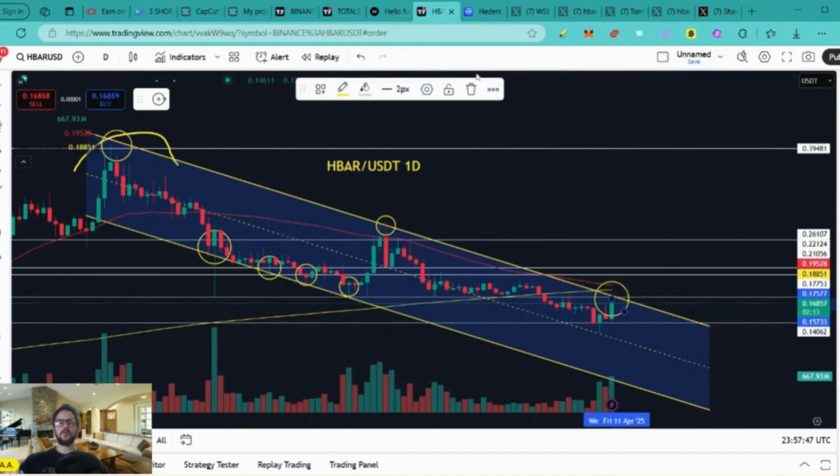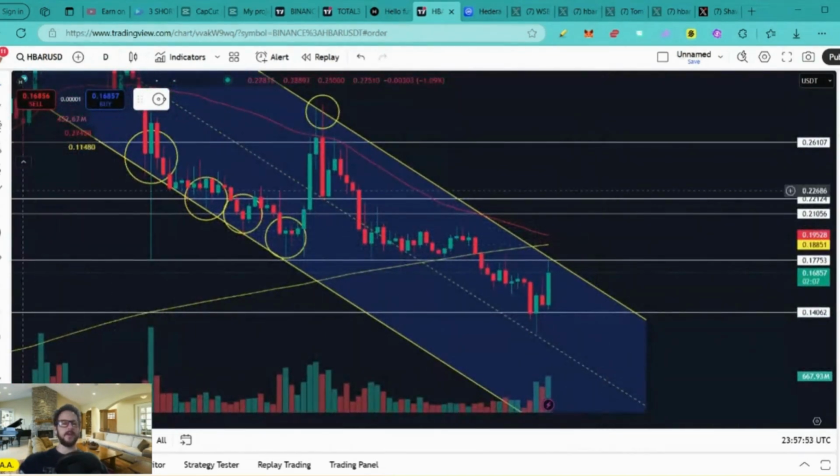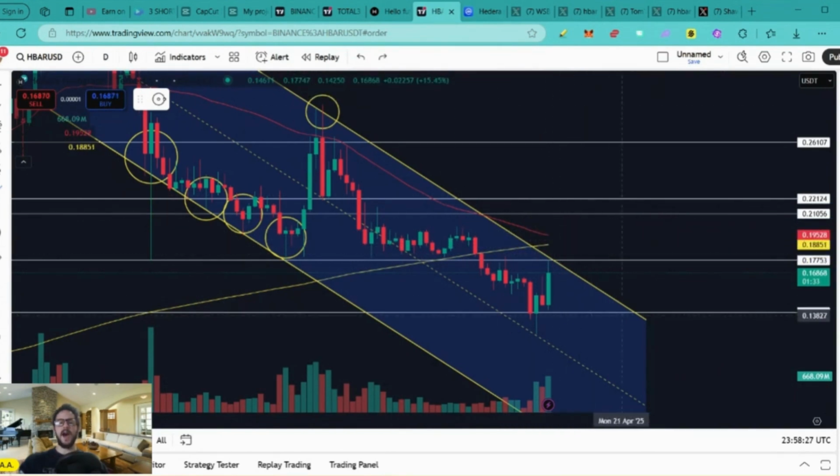Now, one thing that I want to bring to your attention is this possible death cross incoming. Look at this. We have this red line here on the chart. This is the 50-day moving average. And also we have this yellow line, that's the 200-day moving average. When the 50-day crosses below the 200-day moving average, we have the so-called death cross. And as you see here, a death cross is very possible to occur in the coming days when the red line crosses the yellow line. If this death cross plays out, I expect to see further downside out of HBAR.